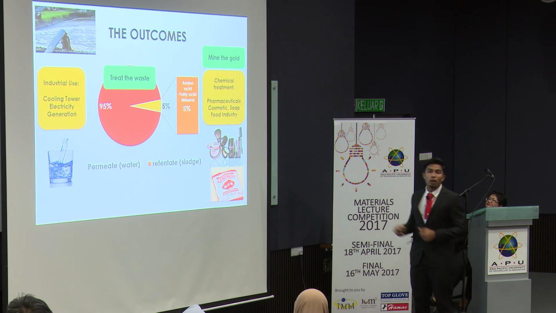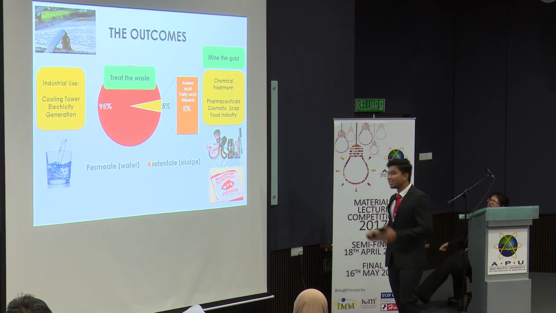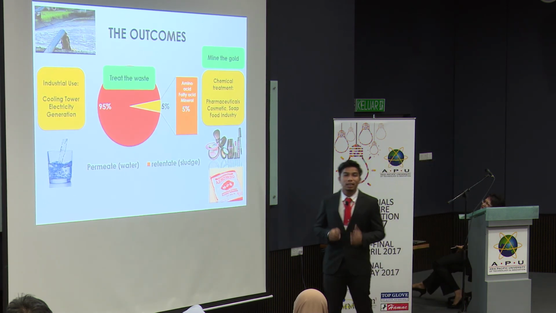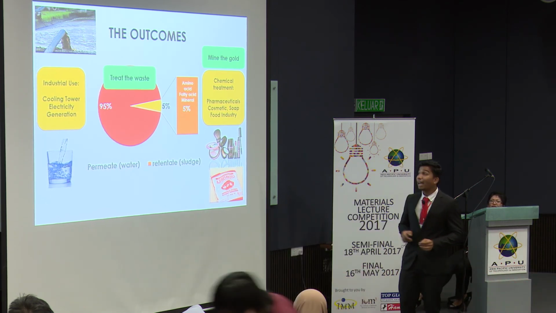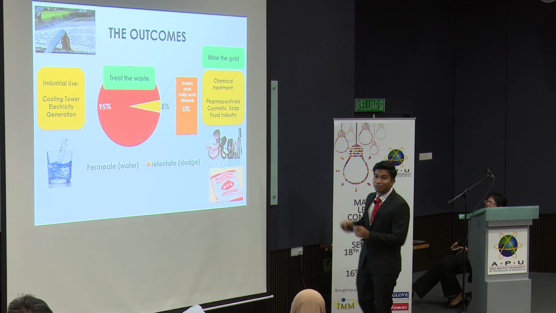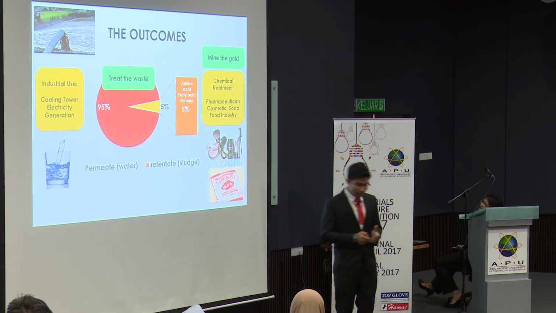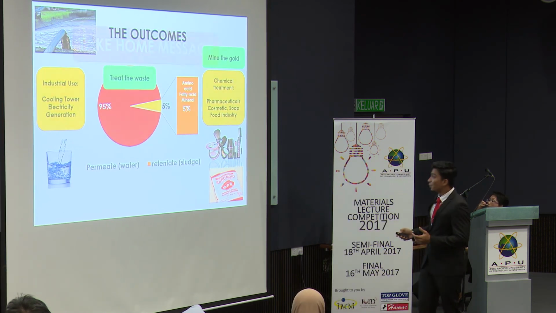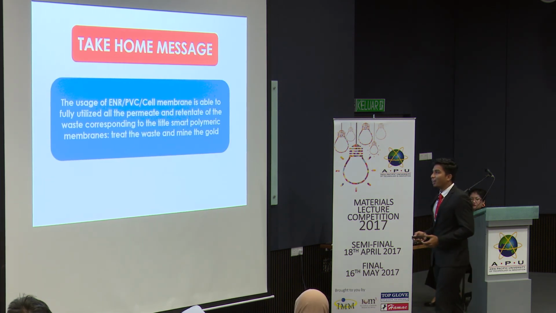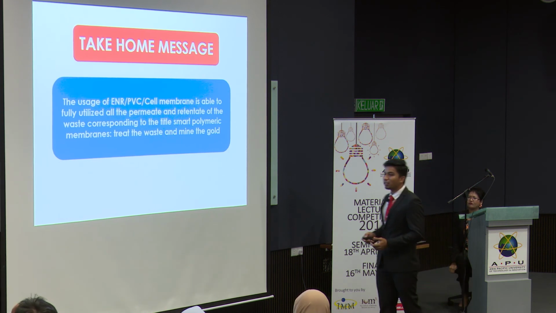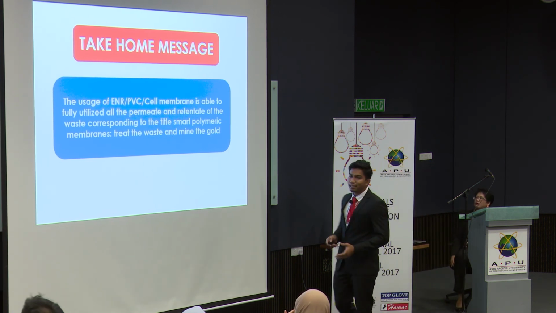Imagine this is only for one plant. In Malaysia, we have more than 600 plants that operate in the palm oil industry. Can you imagine how much gold we can mine throughout this process and how much water we can save just throughout this process? Very interesting, isn't it? So, as a conclusion to my presentation today, the usage of the ENR PVC cellulose membrane is able to fully utilize all the permeates and retentates of the waste,